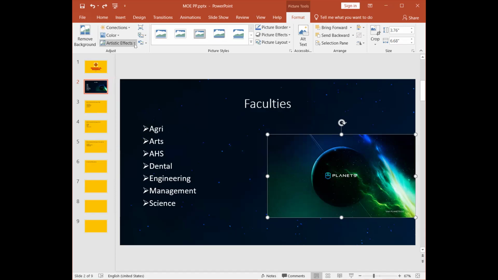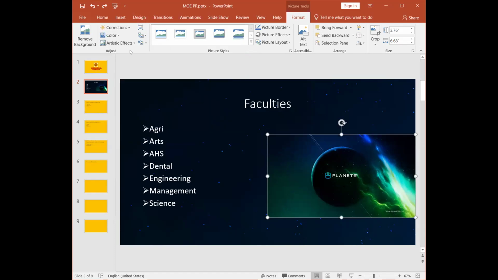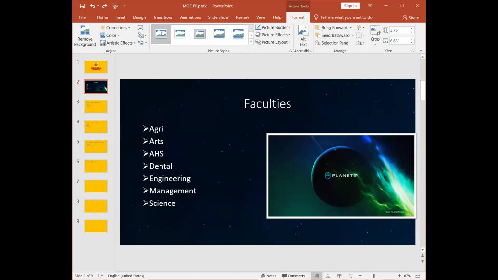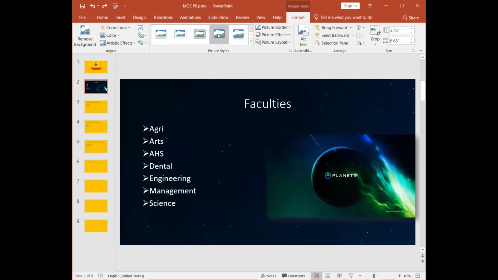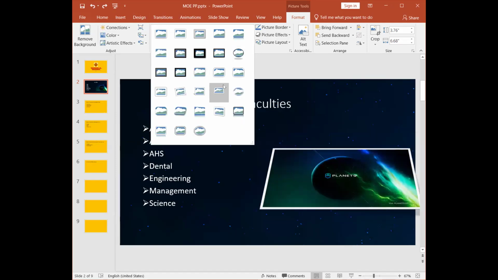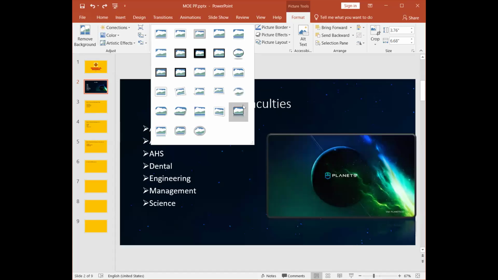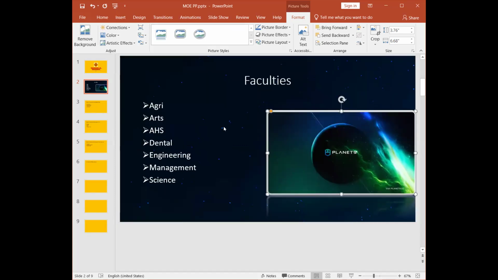And let's say if you want to add an artistic effect, right, like this, just try it after inserting an image and go through just from here and there using these images. And also you can apply some picture styles. You can add a border, right? There's a list of these kind of effects, right? You can add one of them,